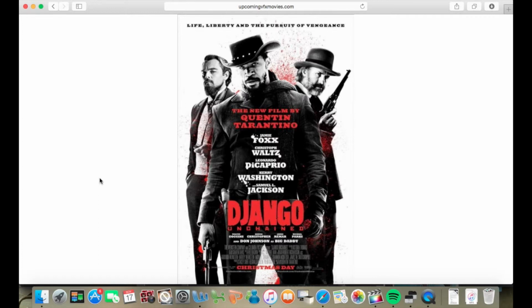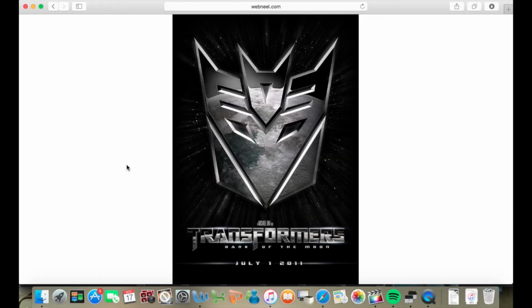The aspects of this poster are very effective and will definitely intrigue audiences to watch the film as a result. The next poster I'm going to be analysing is the Transformers poster. This is a much different poster to all the other posters I've analysed, as it's very, very simplistic. It's basically got no text on it, just the title really, and the little tagline below it, and the director, and the date. But yeah, it's not really got a lot of text.